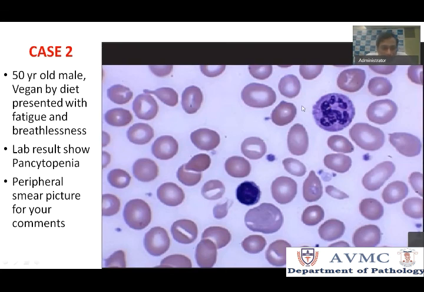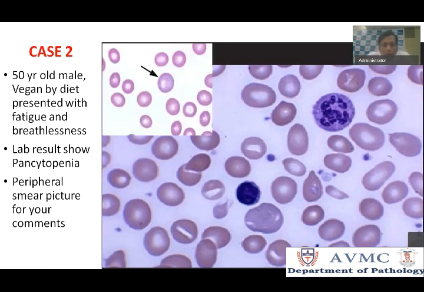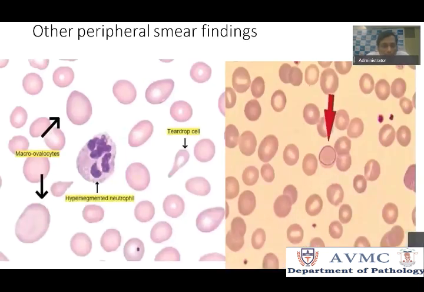And if you have very good eyes, you can see some inclusions like these dot-like things in the RBC. Okay, these are Howell-Jolly bodies, but I've got a better image for you. You are also finding occasional RBCs like this with multiple punctate dots all over the RBC surface. This is called basophilic stippling. As if stippled, the RBC has multiple punctate dots all over. So you find macro-ovalocytes, hypersegmented neutrophils, basophilic stippling and Howell-Jolly bodies.